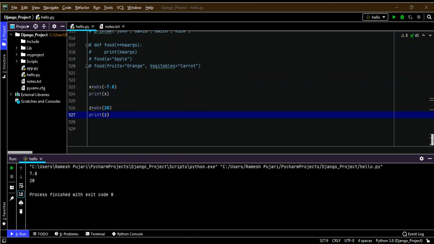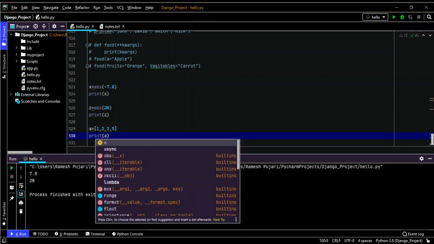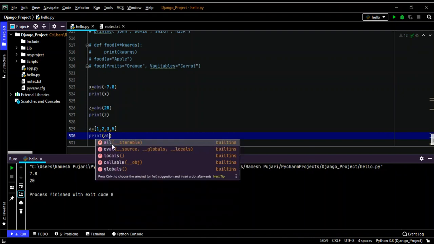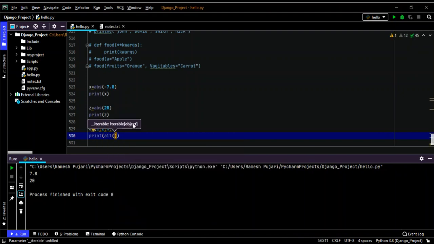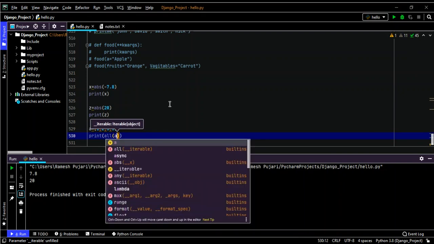I will give one example of how to use the all function. I will take one variable and assign some values in a list. This is the representation of a list, and I am using the list here to demonstrate all. Next, I am printing these values with the help of the all function. When you type print, you will see it prompting automatically. So all has to take the variable, since we are storing values in a variable.